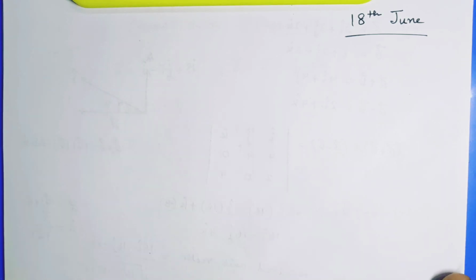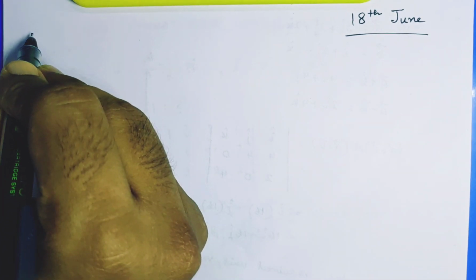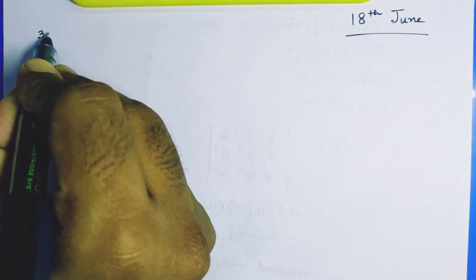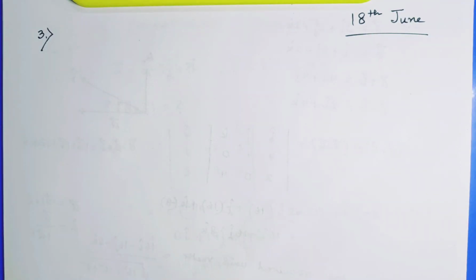So today let's continue with our lesson of previous class. What we have today, we will be doing question number 3. What it says is, if a unit vector A makes angles pi by 3 with i cap, pi by 4 with j cap, and an acute angle theta with k cap, then find theta, hence the components